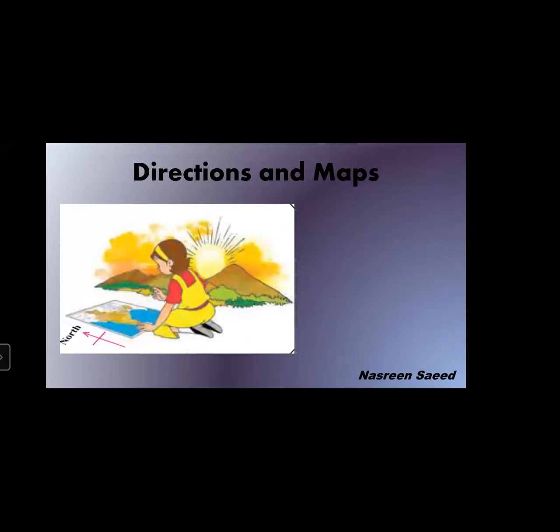Let's move ahead. Now directions are always parallel. Parallel means horizontal to the ground surface. It is parallel to the ground. That is, it is having a horizontal surface with the ground. That is why a map must always be aligned. Aligned means placed or arranged in a straight line. So why must a map be aligned? Aligned means placed or arranged in a straight line.